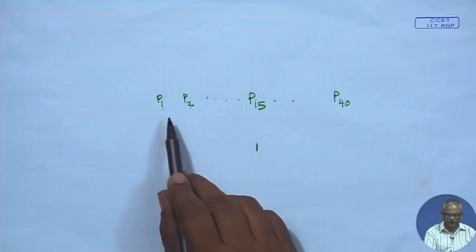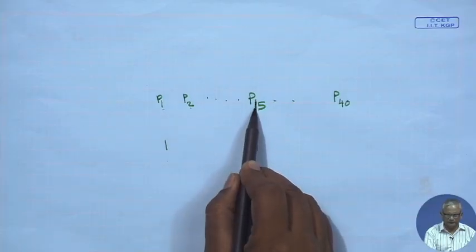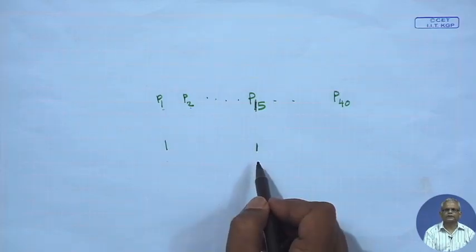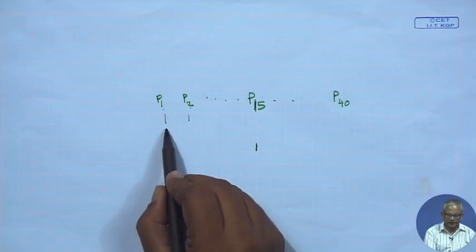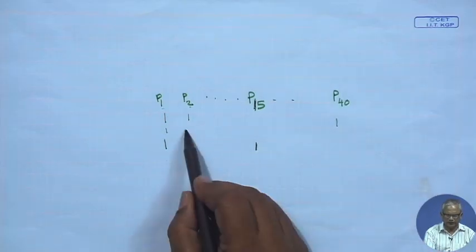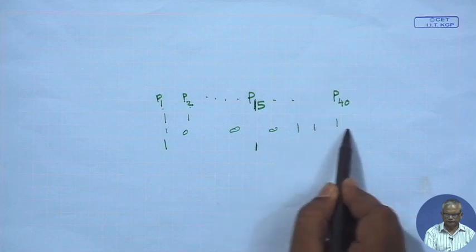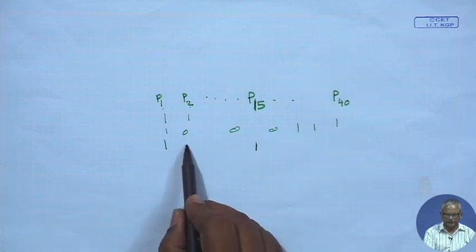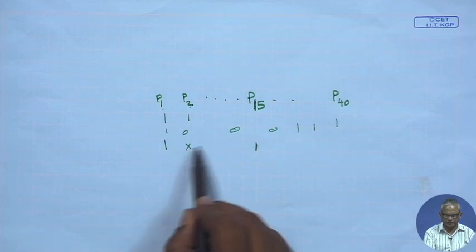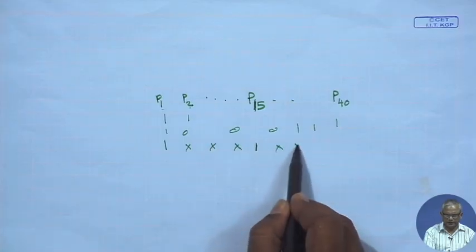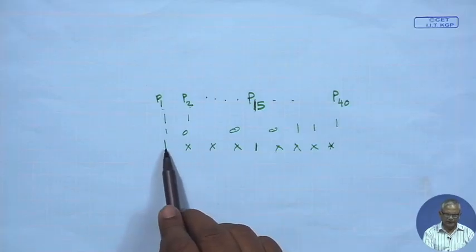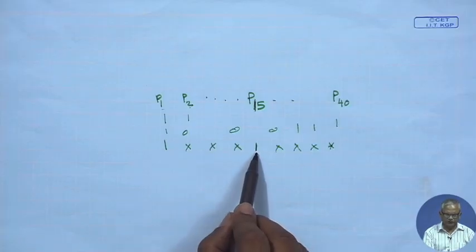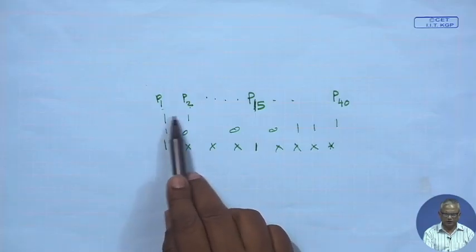So, for this possible combination, P1 and P15 both getting set, we have the problem. For any other combinations, like this is 1, this is 1, no problem occurs. Only when you have this specific setting, irrespective of the setting of the other input values, whether they are 0 or 1, it really does not matter. So, in that case, to detect this kind of problem, we need to really generate test cases which cover all